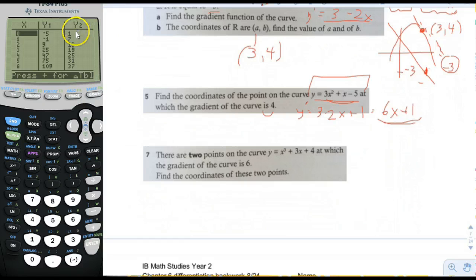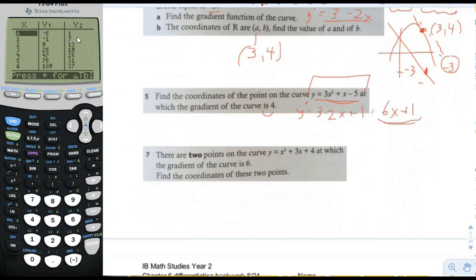And then I look at, when is the gradient function equal to 4? This is a tricky one. Do you see? Because I look here, and 4 is not one of the numbers that comes out for y2. Okay? So the way I would do it here is, now I need to find, when does the second function